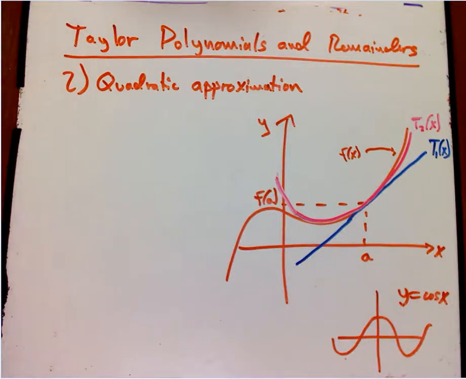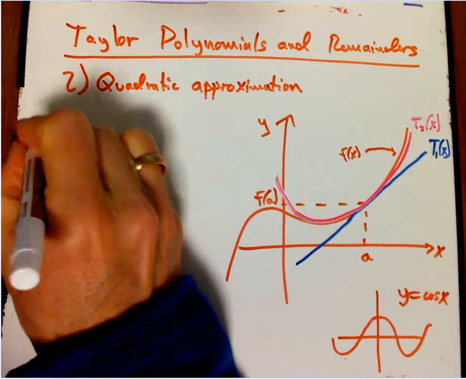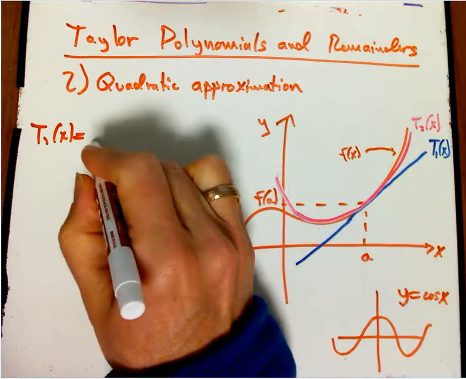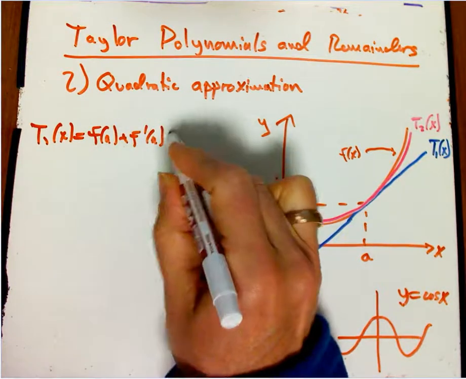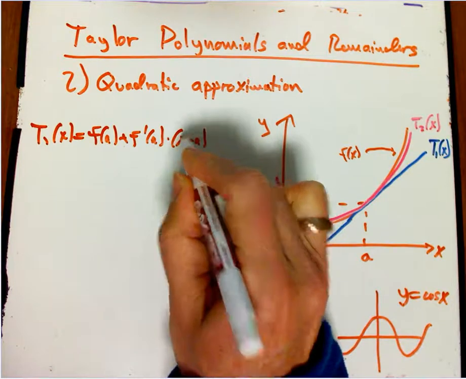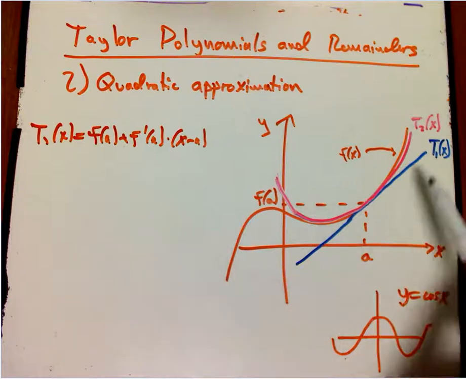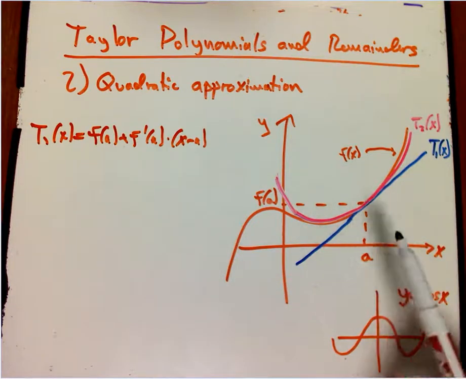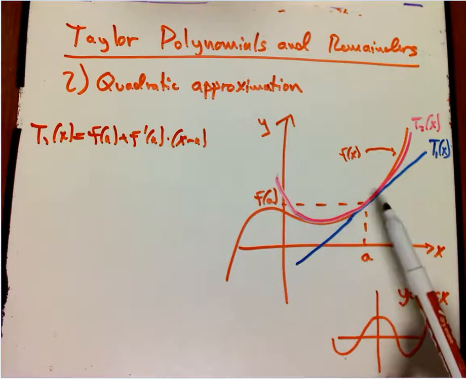Let's look at the next stage in terms of Taylor polynomials and their remainders. That's a quadratic approximation. So we've got a function, we've got our linear approximation, T1 is f of a plus f prime of a times x minus a. And we don't want to throw away that work. There's no reason to. It's already a pretty good approximation. We just want to add something to it that won't screw up what's good about it already, but will make